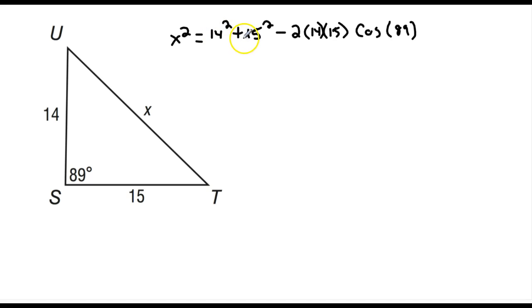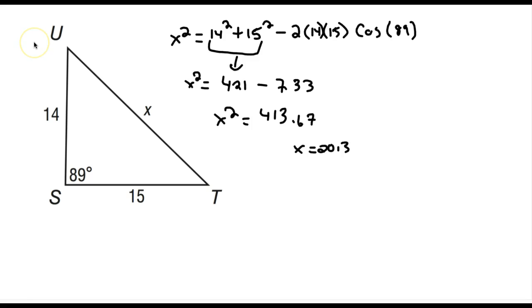So anyway, let's go ahead, pause the video again and see if you can solve for x, and then come back and see if it matches my answer. And so for my answer, I got 20.3. And so once again, remember, do this in parts, because if you don't follow the order of operations, you're going to get it wrong. So I said, okay, what is all this mess multiplied? I got 7.33. And then 14 squared plus 15 squared is 421. And then that's when you do your subtraction in the middle here, and you get